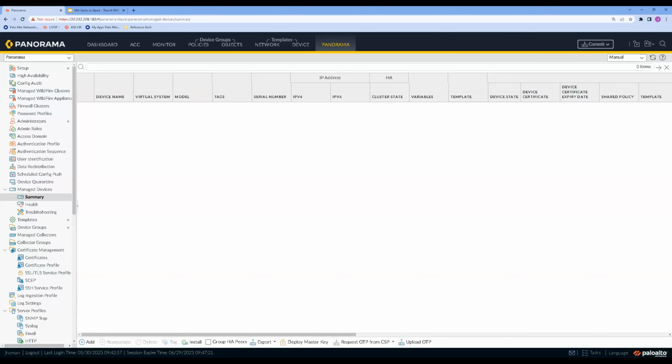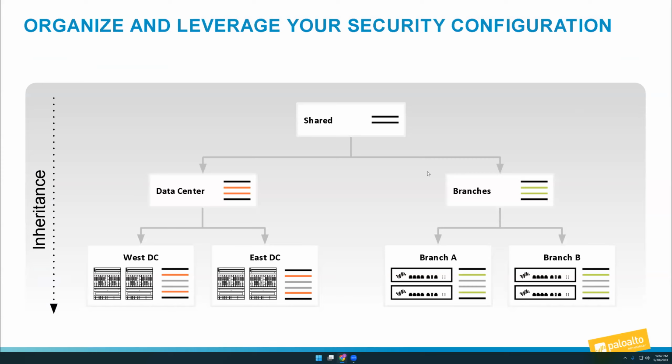Okay, let's go back over here. Great question so far. So again, when talking about device groups, I always urge customers to take time and think about how we want our device group hierarchy laid out. This is where a lot of the meat and potatoes exist for a lot of customers, right? Most customers, oddly enough, leverage Panorama